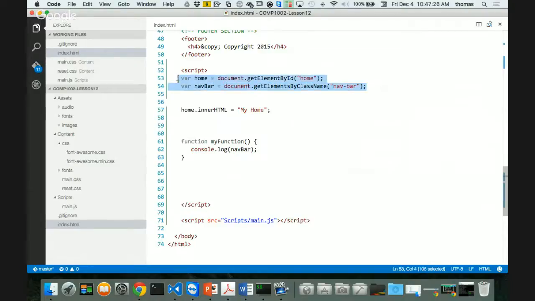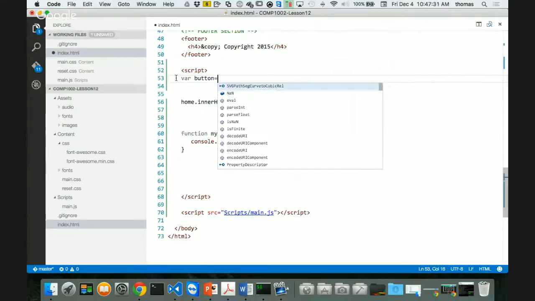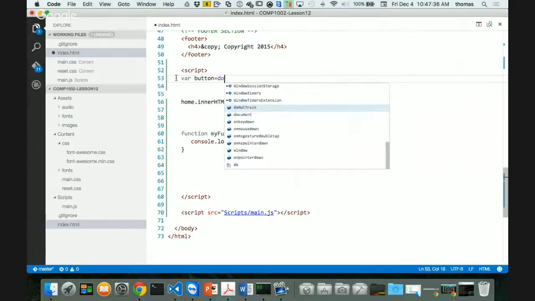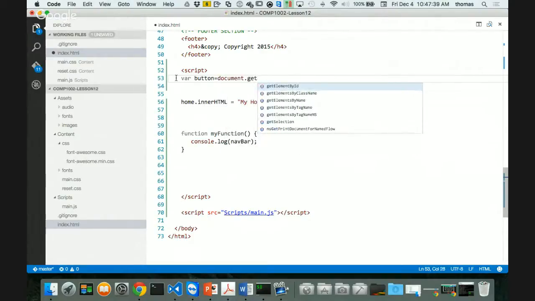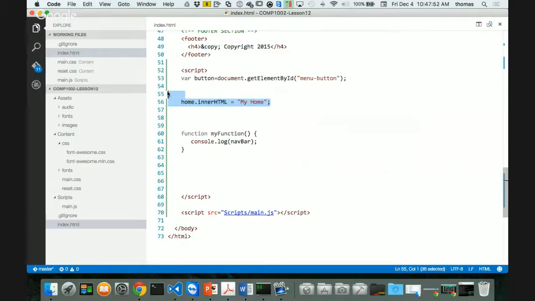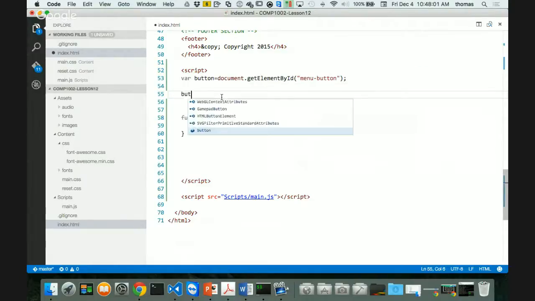Let's do that. So I'm going to say var button is equal to document.getElementById, and it's going to be called the menu-button. So that's where my button is going to be, right? And then what I want to say with my button is when I click my button, I want to do something with it. Well, now that I have my button as a button, I can say button dot